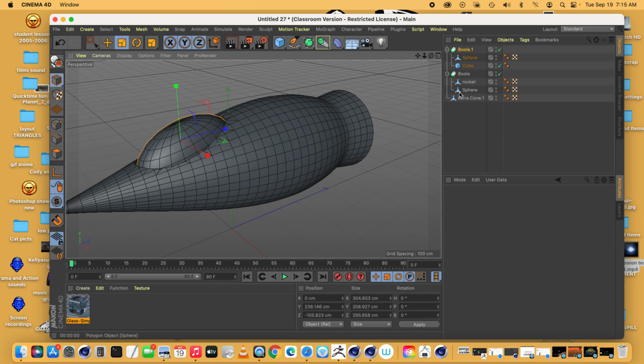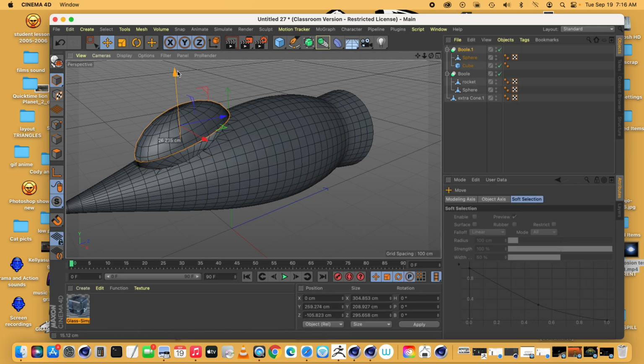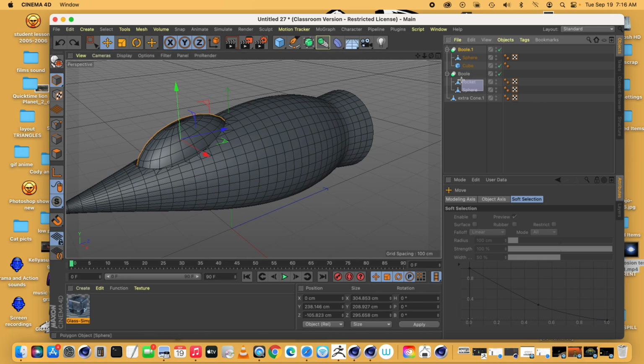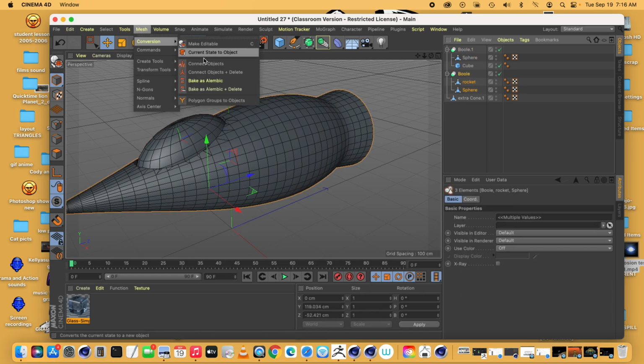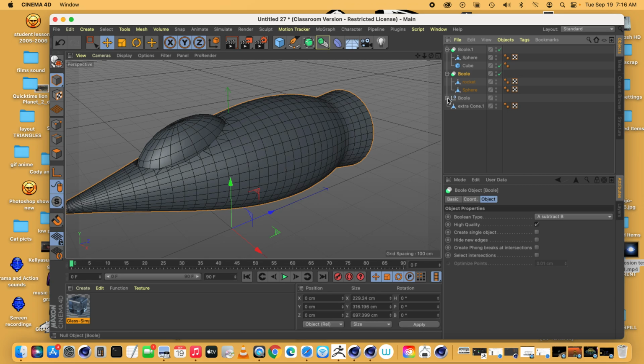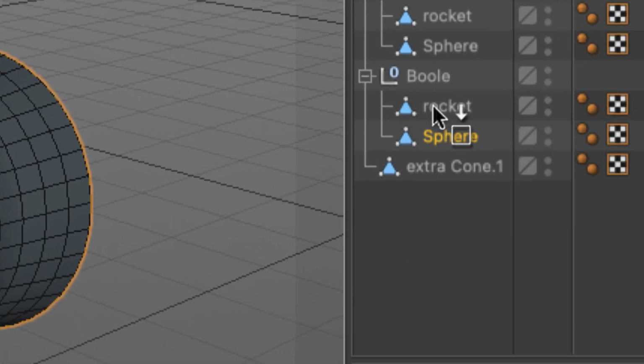Now, what do I want to do with all this spare stuff? I have the rocket and the sphere, and I have this separate bool that's on top here. Let's convert all this stuff into simpler shapes. So with the rocket bool, I'm going to convert that current state to object, and then open up the copy, and I'm going to take those